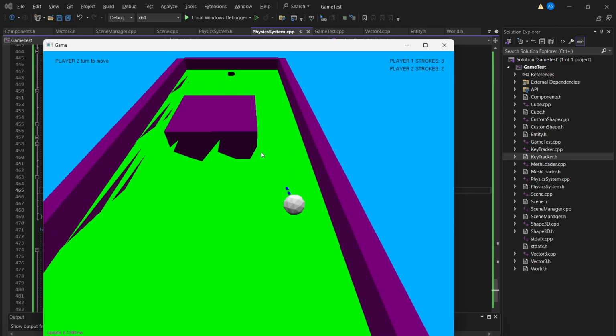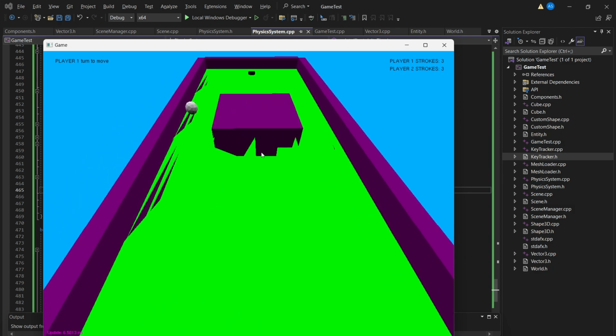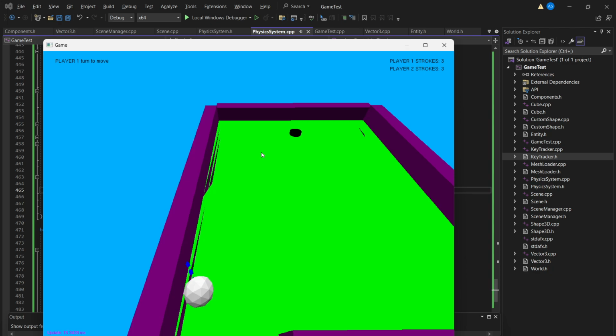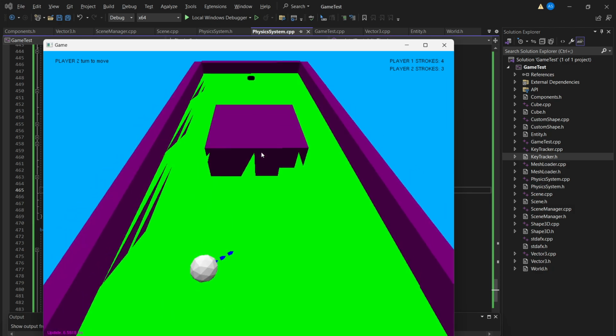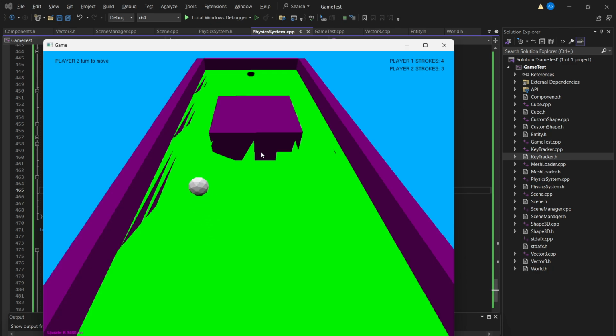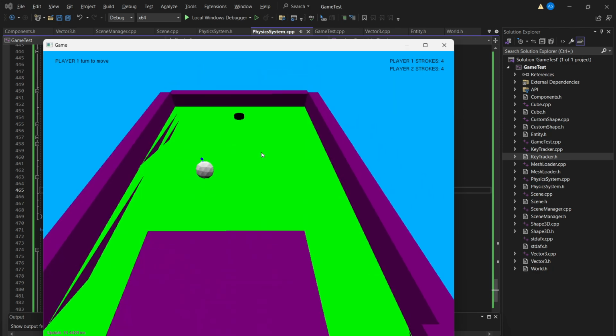And this physics engine is extremely feature complete. I mean, it doesn't seem like it here, but I've tested it with ramps and jumps and all sorts of other things, and it works beautifully. I just did not have time to actually build a level that utilizes all of this. But as you can see when you actually play the game, it's a little bit difficult for me to get it into the hole. When the ball goes into the hole, it